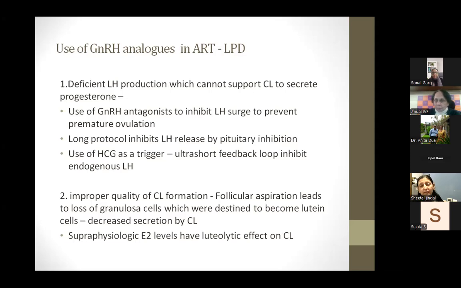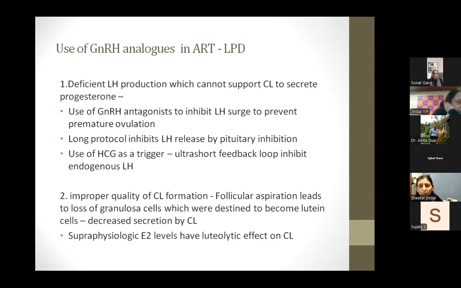Now, in ART cycles, luteal phase defect occurs because of the most common use of GnRH agonists and antagonists. In antagonist cycles, we use GnRH antagonists during day 5 to day 7 of the stimulation to inhibit the LH surge, and this LH surge inhibition is important to prevent premature ovulation. Now, these antagonists directly inhibit the endogenous LH, which leads to a sort of LH deficiency during these stimulation